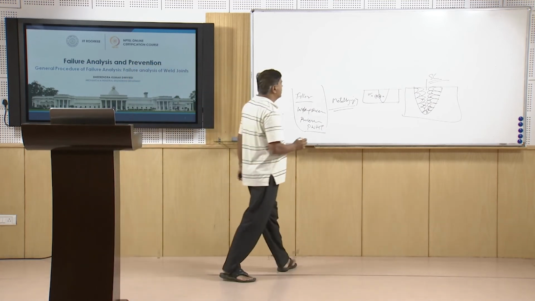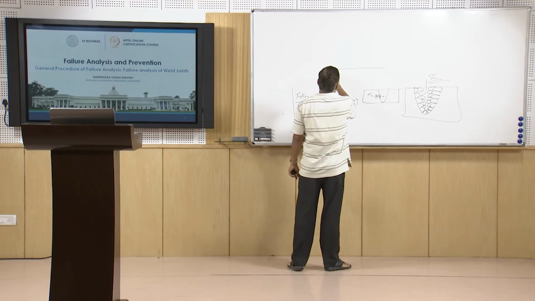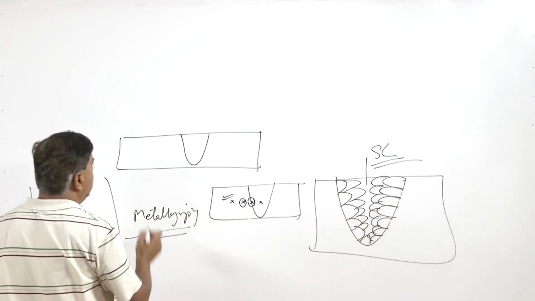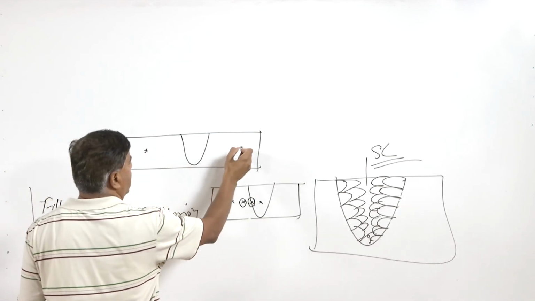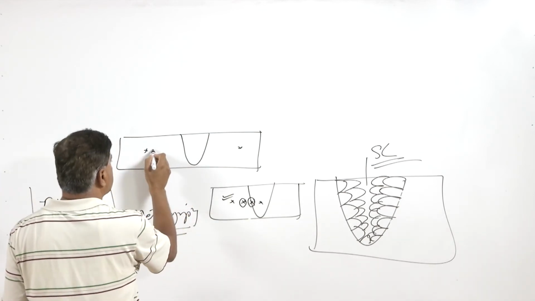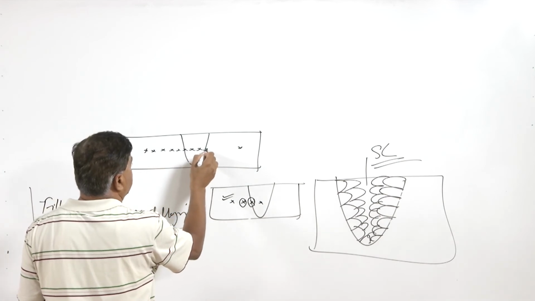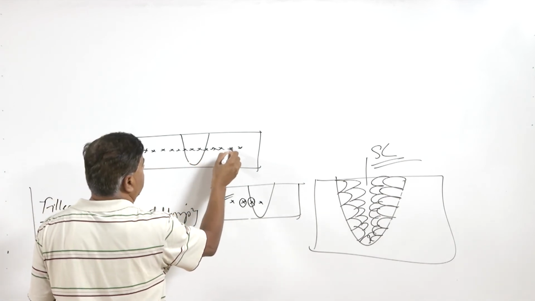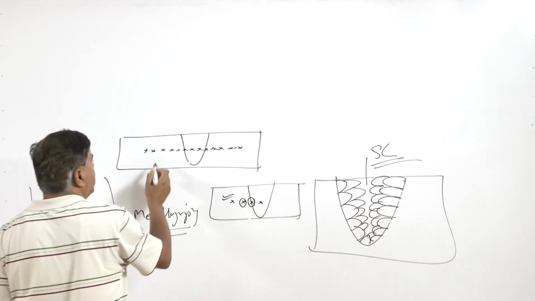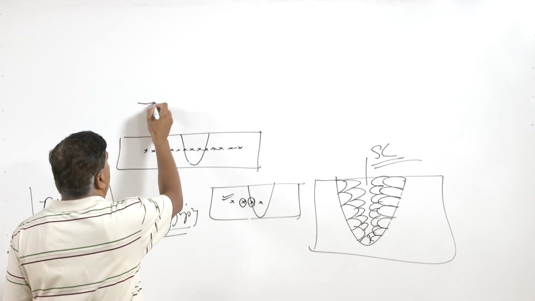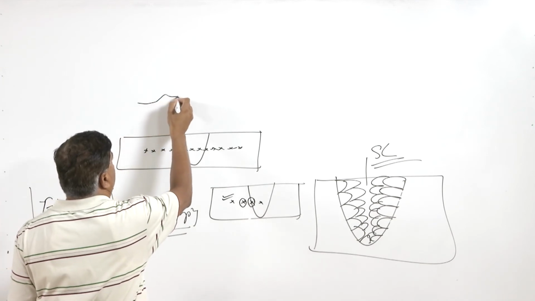Another important thing is the micro hardness measurement across the section of the weld, like this is the weld. So, we will be measuring the hardness across the weld. At different points the micro hardness measurements can be carried out. This will indicate to us the distribution of the hardness. We may find different kinds of distributions, one of the typical cases being found like this,